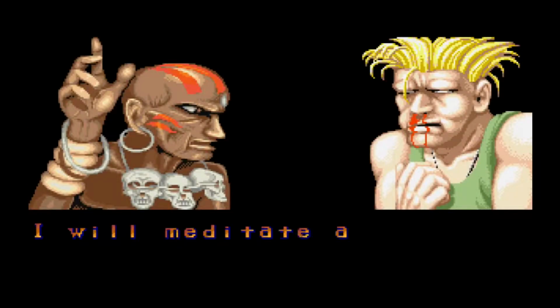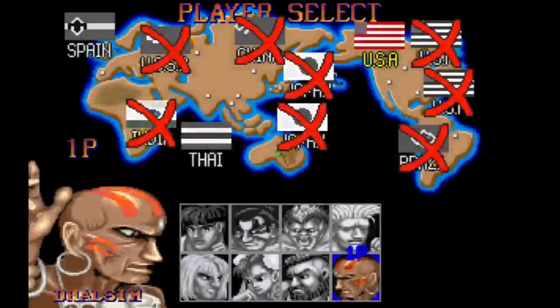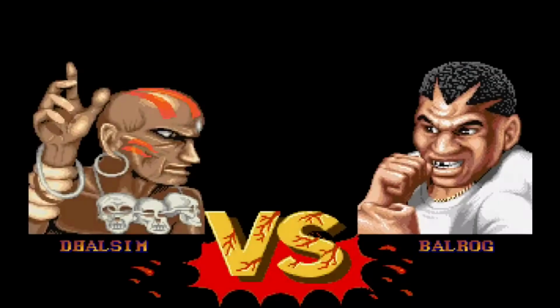Alright, so I will meditate and then destroy you. I thought yogis were supposed to be peaceful. Why is Dalsim a representative of the practice of yoga? He's got children's skulls draped around his neck, and he's talking about how he wants to meditate before destroying his